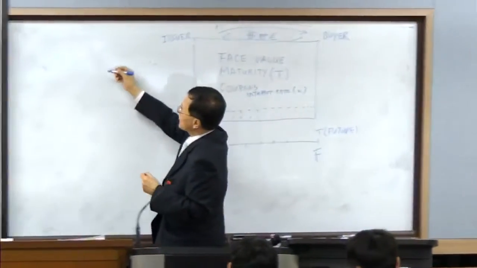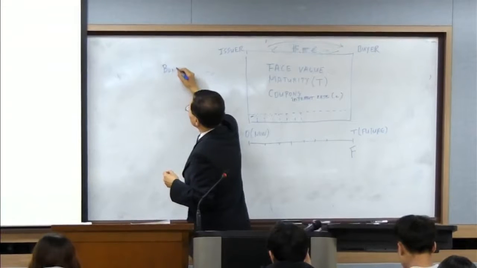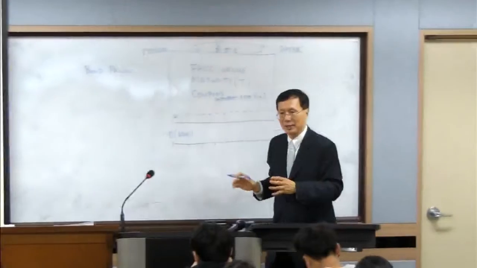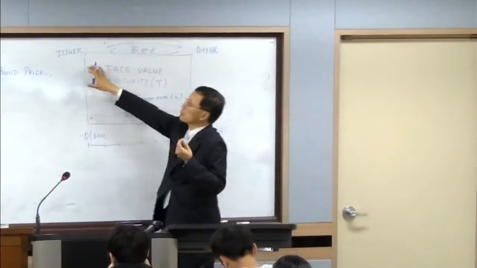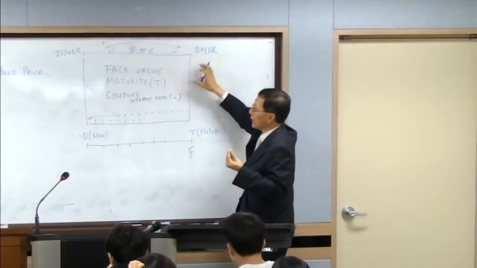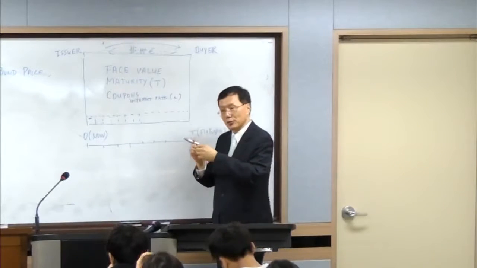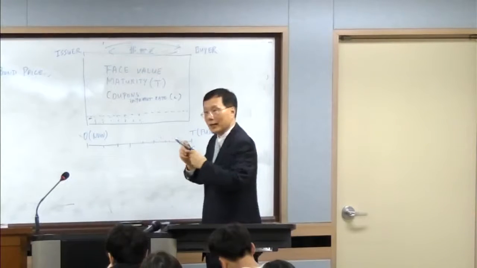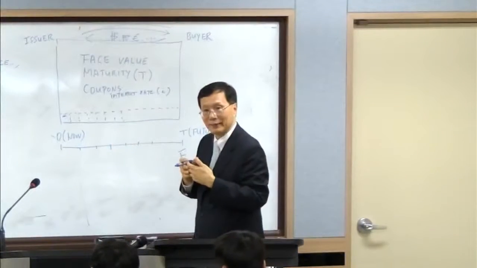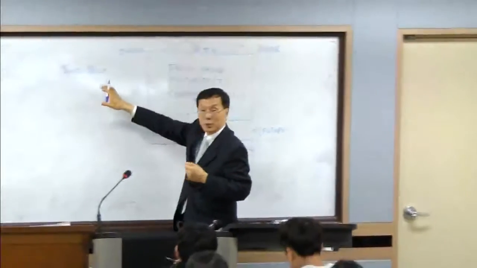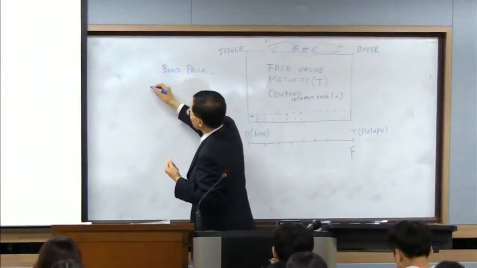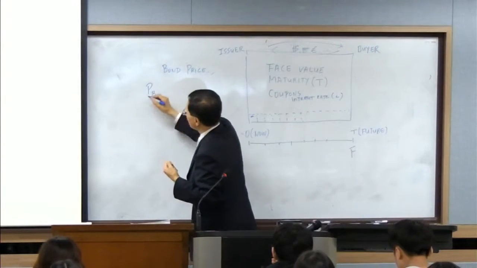And here is a bond price. Because this is a piece of paper that is issued by the issuer to a buyer, and this buyer can bring this piece of paper to the market and sometimes sell and buy. So there should be a price for this piece of paper. And bond price is PB,